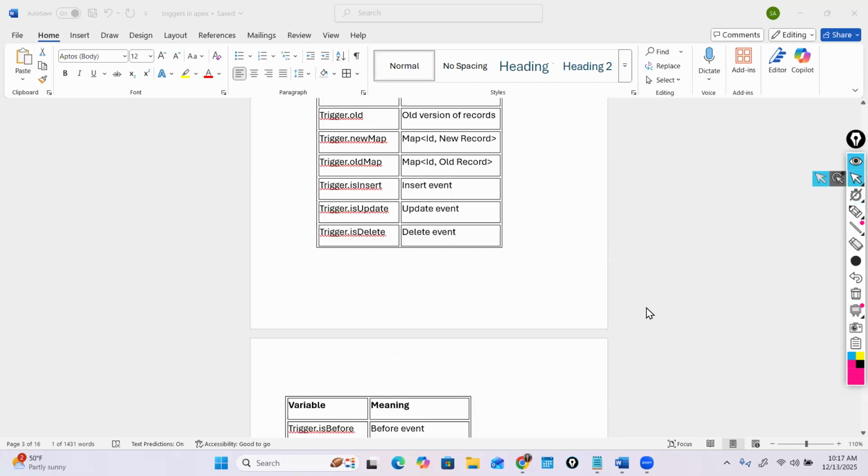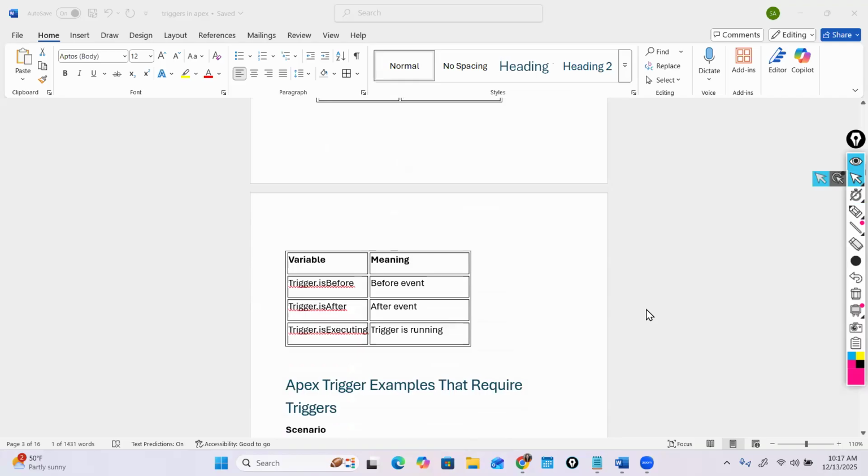Then you have trigger.isBefore, isAfter, and isExecuting. So isBefore, if you want to know, hey, is this a before trigger, which means before you inserted a record or before you updated a record, that's when isBefore will give you true. So isBefore, isInsert, isUpdate, all of them are going to give you Boolean values. Either true or false. Trigger.isAfter means after the record has been saved or after the record has been inserted, after update, after delete. All those are after triggers. So this will return true if the trigger code got fired after the record has been